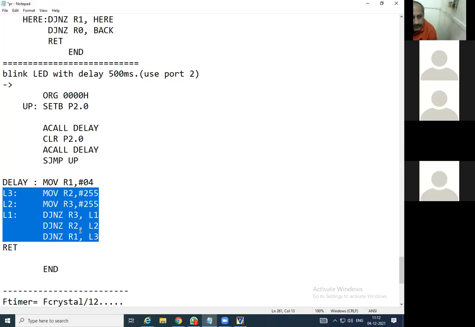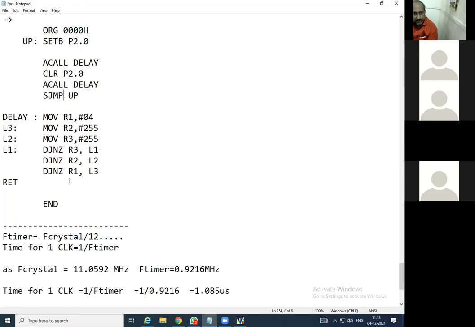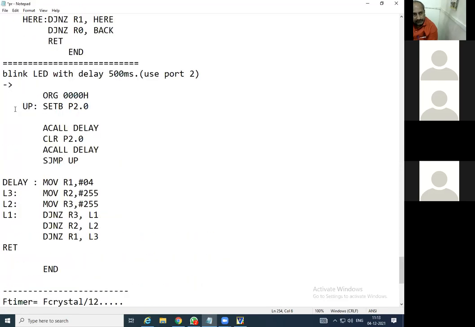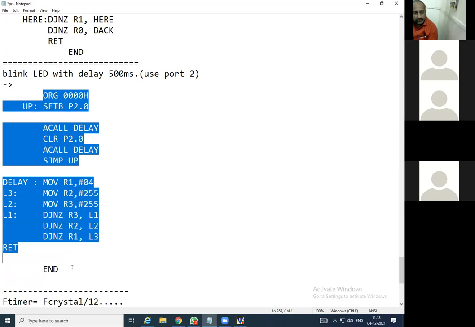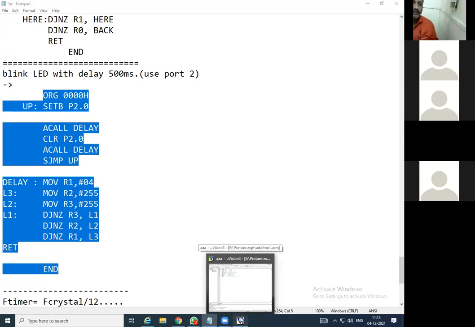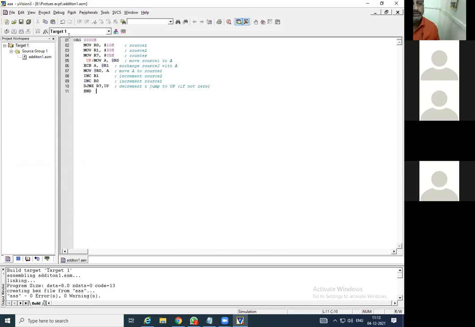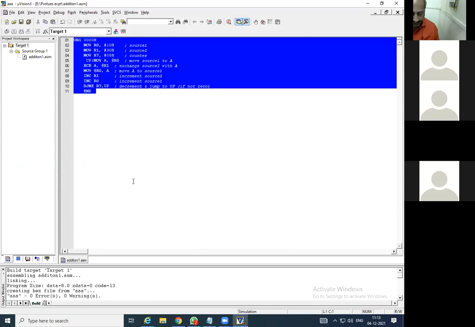Okay, so this is the theoretical part of this particular topic. Afterwards I will give the time for writing. So we will go for making the code simulate in the Keil software. I will copy this particular code, and I will open Keil and in the same file, I will replace the code.